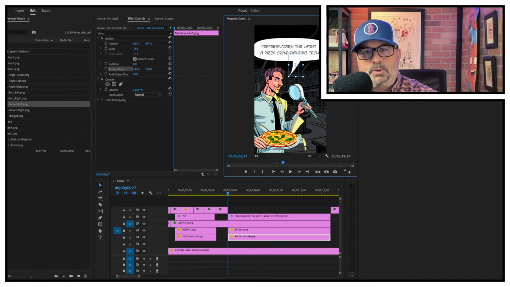So to get the tail to scale into the balloon and not away from it, it's really easy. You just select the tail curved left, whatever one you have, select the tail curve, then come up here and click on the word anchor point. And then you want to left click and drag on this little crosshair guy and move that to the center